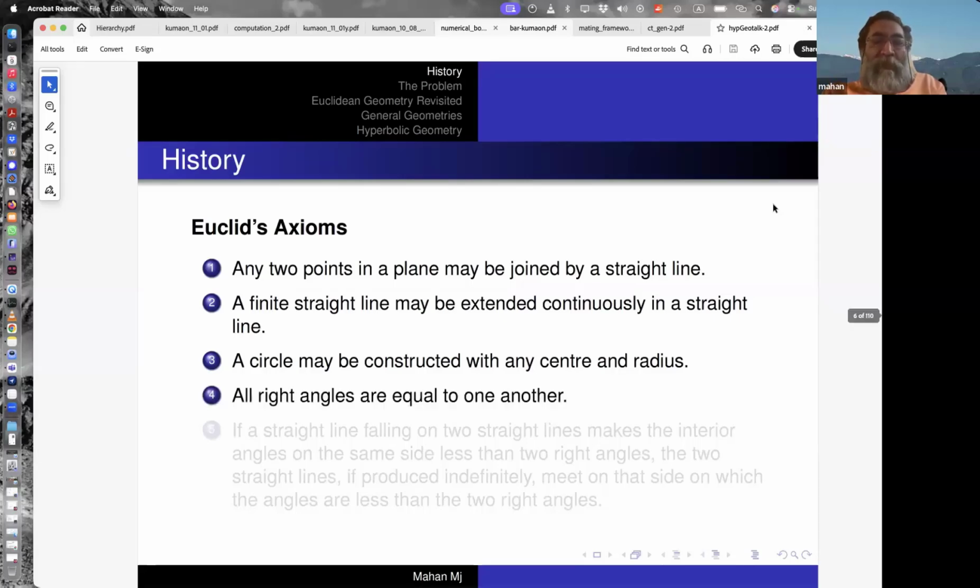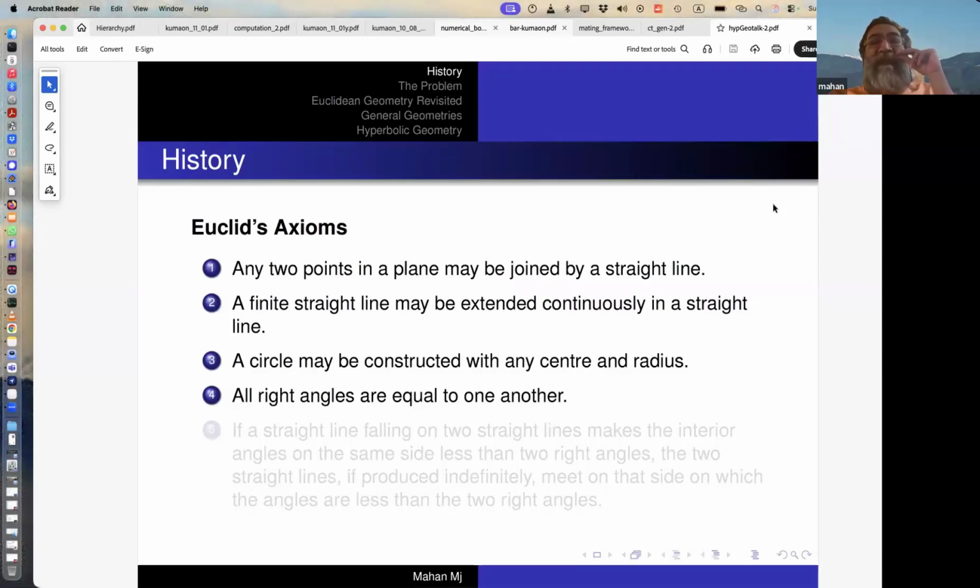The fourth axiom basically says that all right angles are equal to one another. What does that mean? The thing is, a right angle needs to be defined in terms of the players that have already been introduced. A right angle can be defined in terms of a straight line. So what does it mean? It means you take any straight line and any point on it, and then you bisect the angle that goes from the positive direction to the negative direction. So this half of the angle on a straight line, from the positive direction to the negative direction, is what is called a right angle.